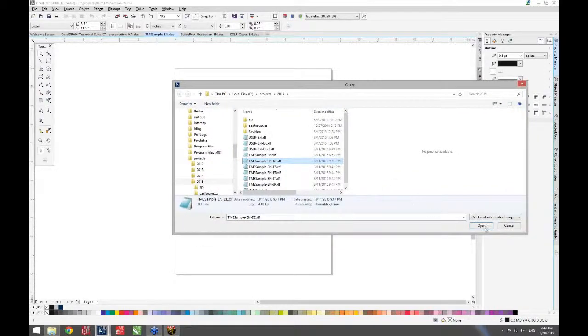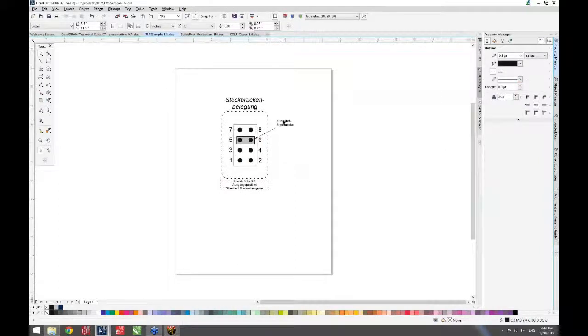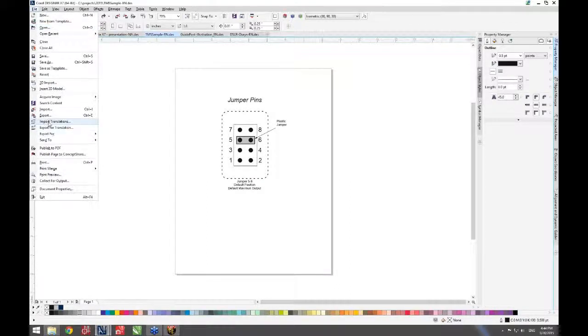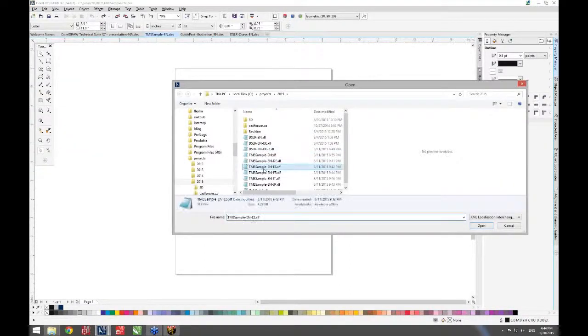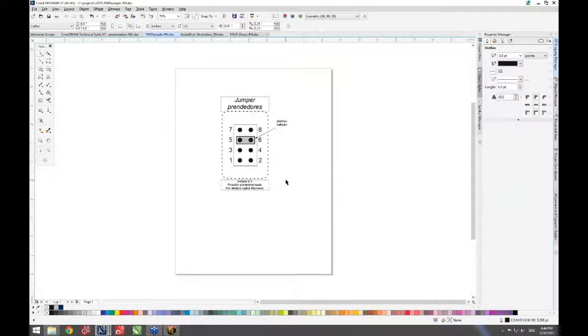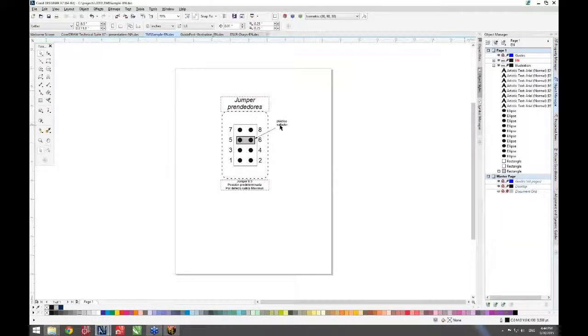And I open that, for example, English-German translation, and here you go. It's immediately translated so that you have the same file, the same graphic with the translated content there. You can save that. Let me go back one step and show you another language example. Let's use Spanish here. Same procedure. You see it's immediately translated, and I could do things like copying, duplicating the text so that I